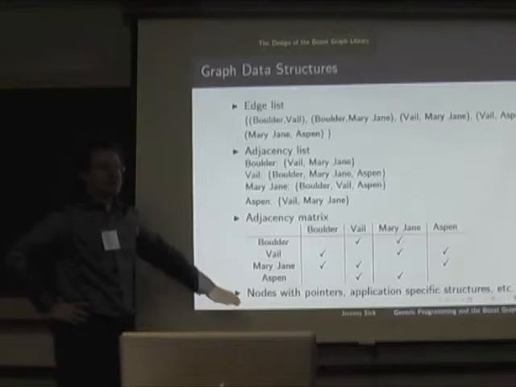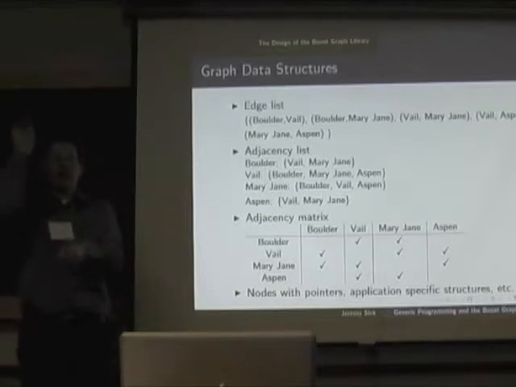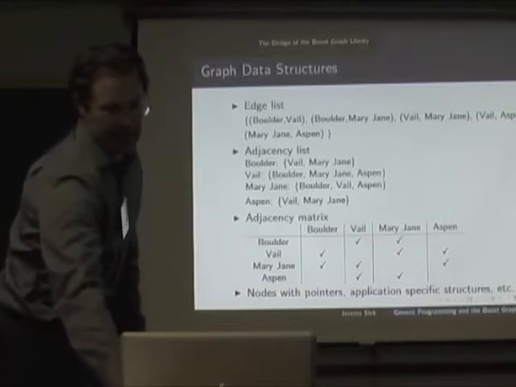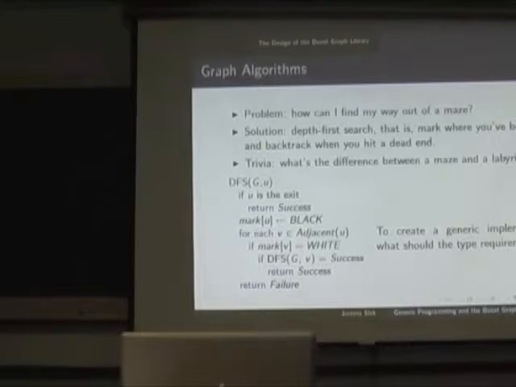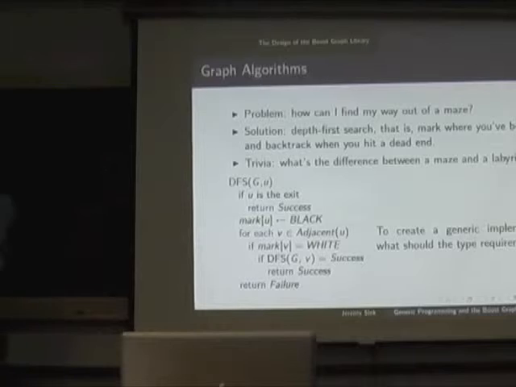Out in the wild, we see even more representations, very application-specific structures where you just have random pointers that you can think about as being a graph structure. And then we have lots of graph algorithms. It's actually amazing how many different things out there you can think of as graph algorithms. I have a feeling that a lot of people accidentally re-implement graph algorithms all the time. And so I think the BGL probably could get used a lot more if people just realized that what they're working on happens to be a graph algorithm.